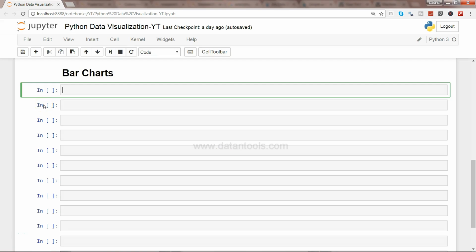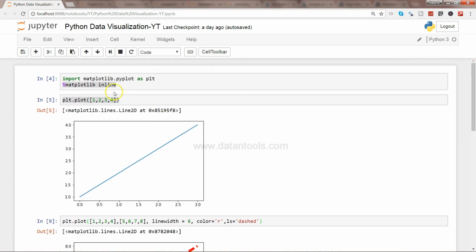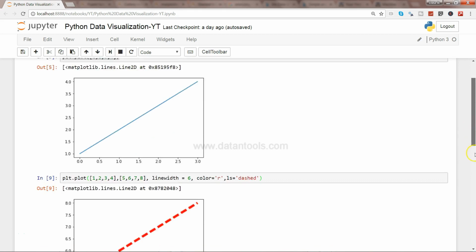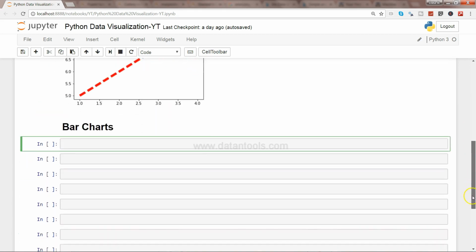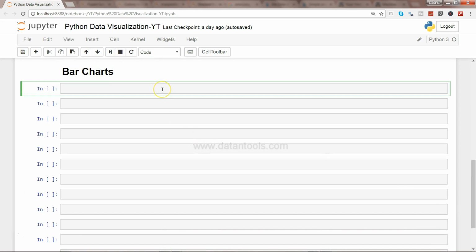Hi there. In this video, I will talk about how you can create the bar chart. If you have seen my previous video, I have shown you the first video of Matplotlib and introduced you to the basic plots using plt.plot and all. So taking the second step, creating a bar chart, which is again a basic chart, gets created for pretty